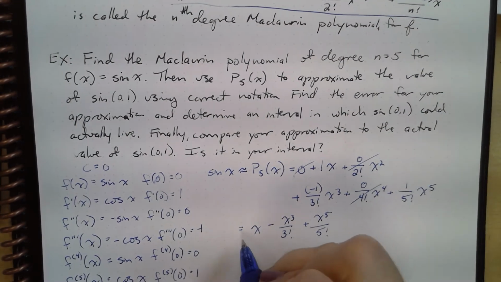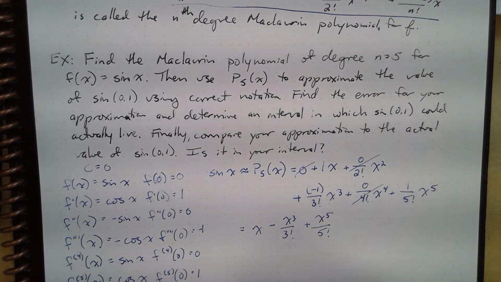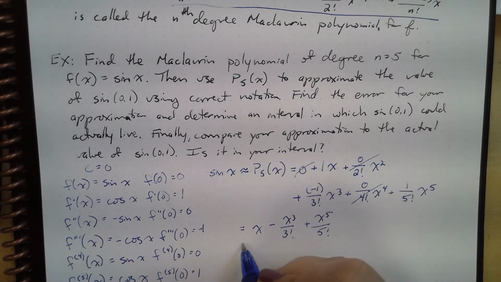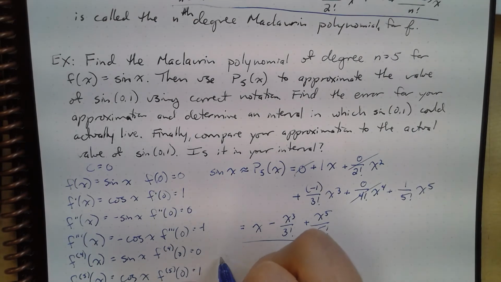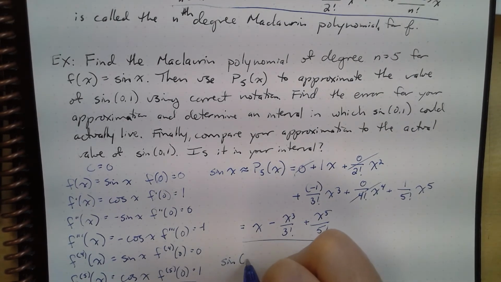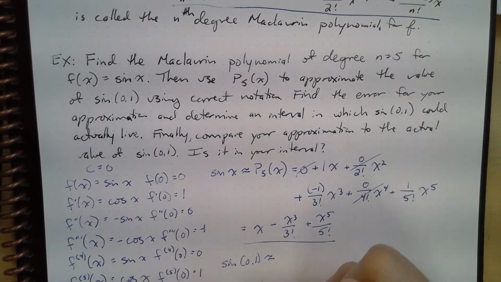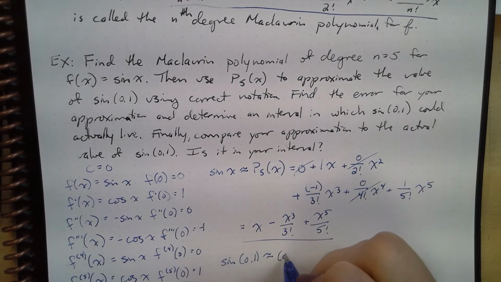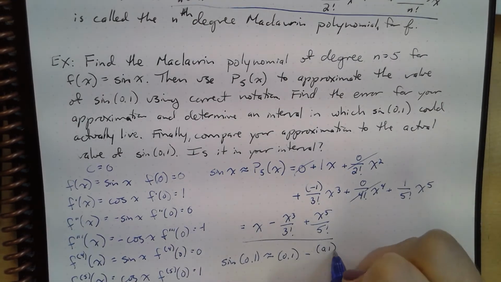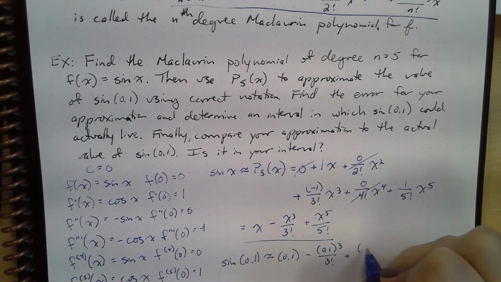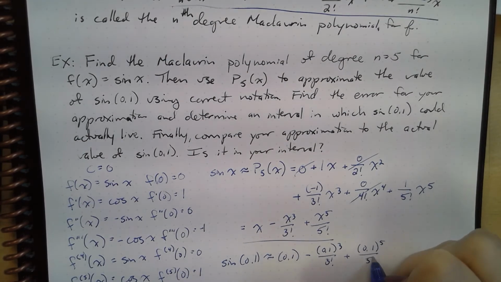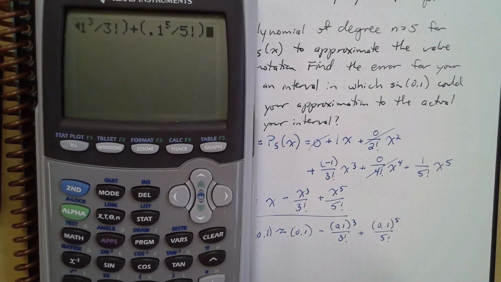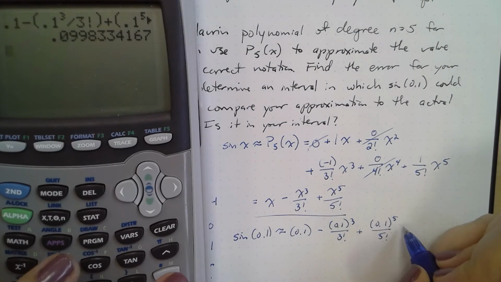Okay, so that's our approximation of sine. This is what p sub 5 of x is equal to. And now we can use this to approximate sine of 0.1. So sine of 0.1 is approximately, and I'm going to rewrite this out, 0.1 minus 0.1 cubed over 3 factorial plus 0.1 to the fifth over 5 factorial. I'm going to put that in my calculator, but I'm not going to make you watch me do it. Okay, I've entered this in my calculator, and I get